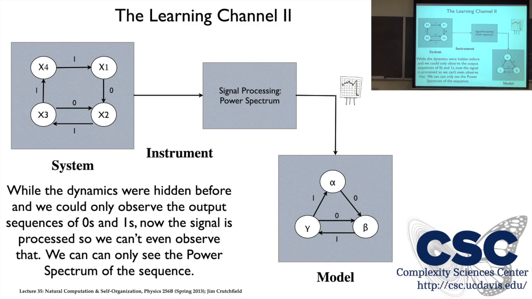So the modified learning channel that we have now is, just as I said, but we have some signal processing in here. And what happens is this guy creates data, and we don't get to see the data that comes out. It goes through some type of processing, and then from this guy right here, we want to try to infer the process that's going on. But this little chart up here, because a power spectrum is going to look like a graph. And a power spectrum is a discrete Fourier transform of a sequence series that one has,